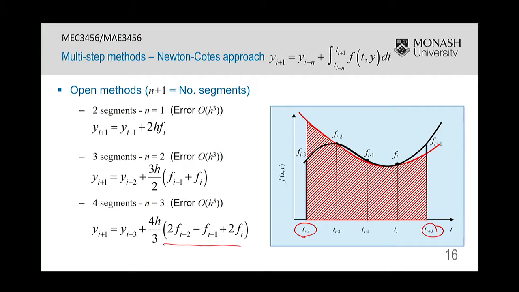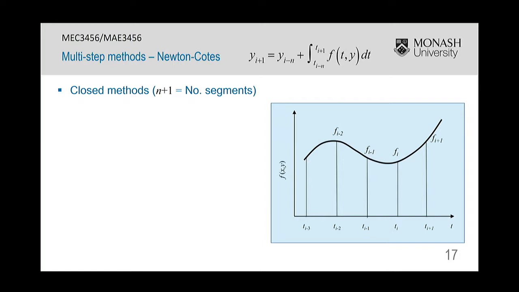So those are the Newton-Cotes open formulas, where we don't know what the function value at the end is equal to. Now we're going to look at the closed methods, and again, n plus 1 here represents the number of segments, not n. So, for n equal to 0, we have just one segment,